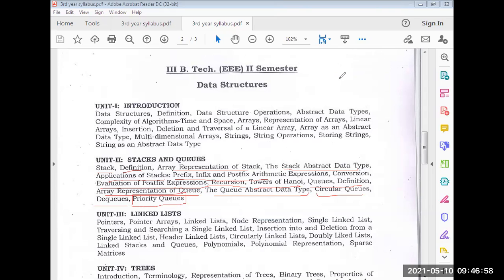Here we only cover the definition of the priority queue. In the next class we will discuss the priority queue and what operations are performed on it.